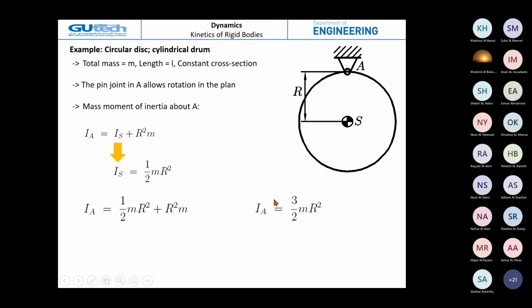And after this, you have to use the Steiner principle or equations to shift it to the point, for example, here,